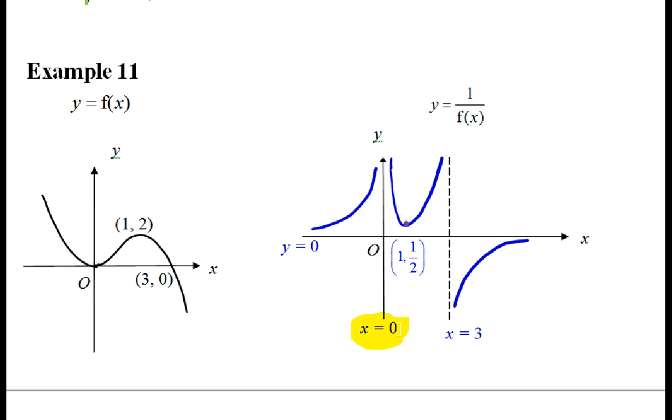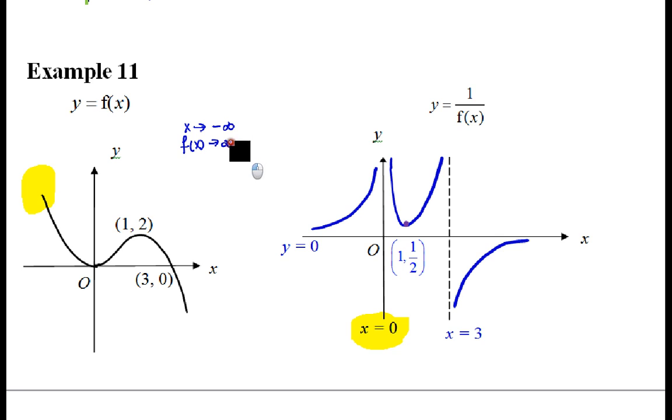Now, similarly, I also want to emphasize this, the tail end behavior here. Look here. As x tends to negative infinity, y tends to infinity. Okay, I'm going to write this down. As x tends to negative infinity,